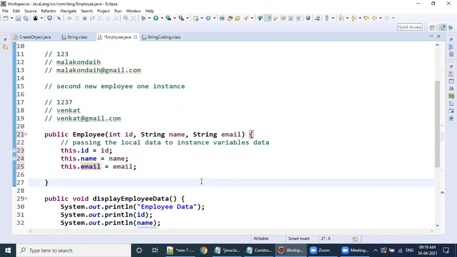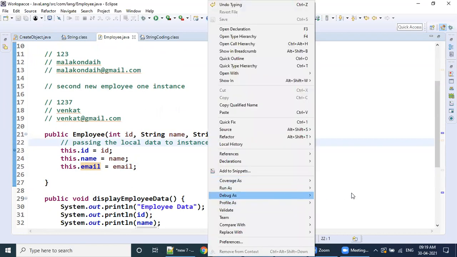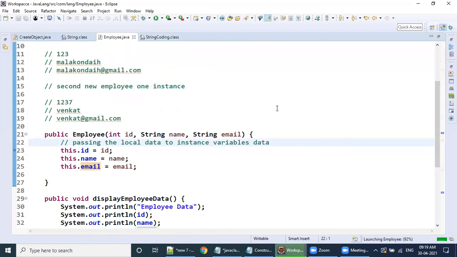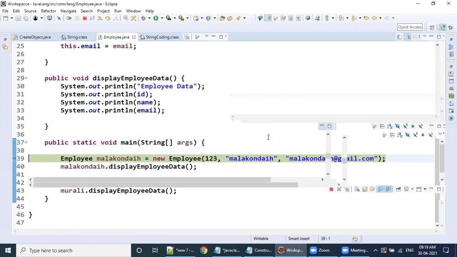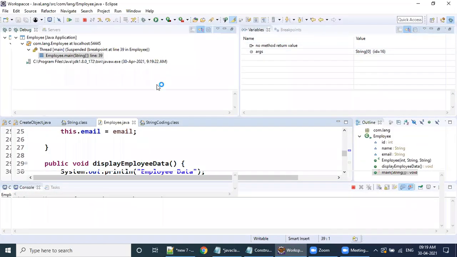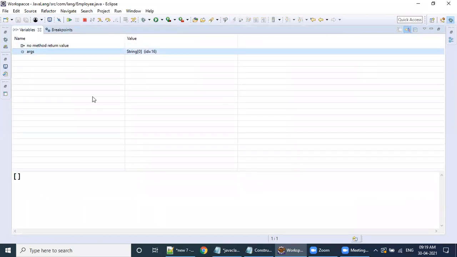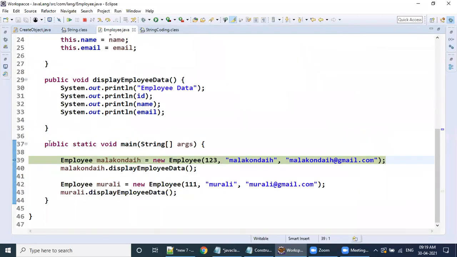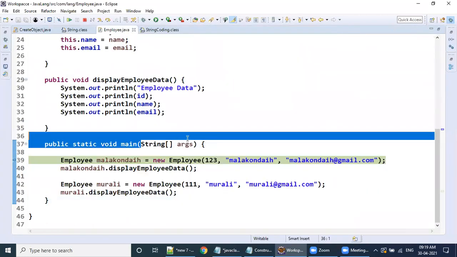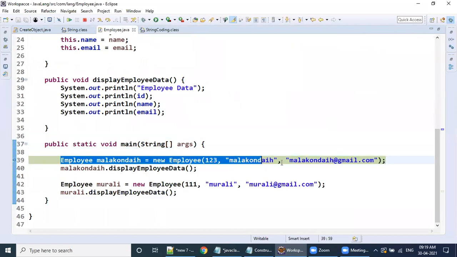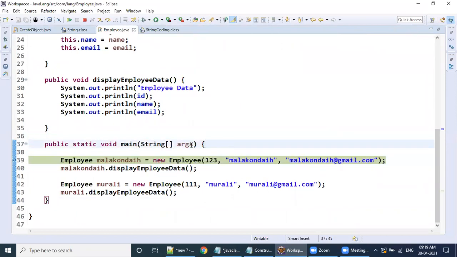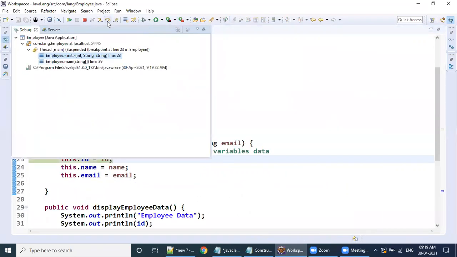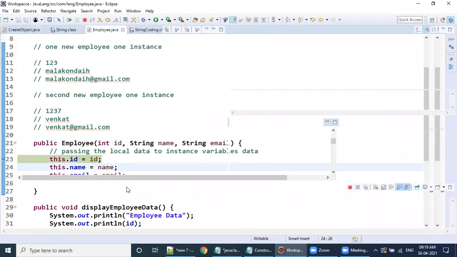Clear? Now, debug here. Can you execute this debug statement? What is happening here, without this and with this? See, in debug mode, concentrate on the variables section. As of now, the main method is under execution, and the control has come to the main method. Here is the execution so far. Control comes here. Above, it is only the arguments passed, nothing else. This is one variable. I'm moving forward, inside the constructor.